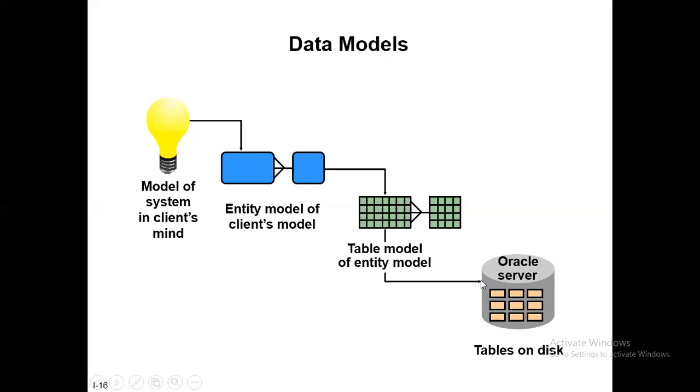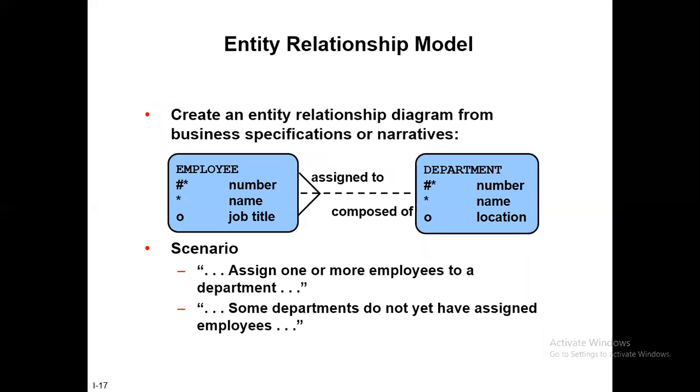Are you able to follow this? Yes, I'm able to. You clear? So now see, like I was telling you, employee is the name of the entity in this particular case. Now we have many employees, so we have a many to one relationship here. 1, 2, 3 lines on the left hand side and one line going to department. So many employees may be assigned to a department. So department attributes, columns, are number, name, location. Employees: number, name, job title.